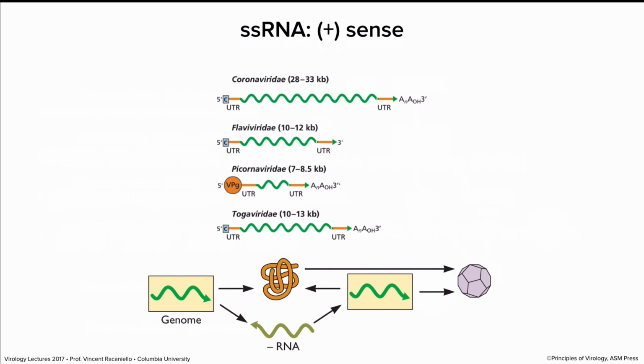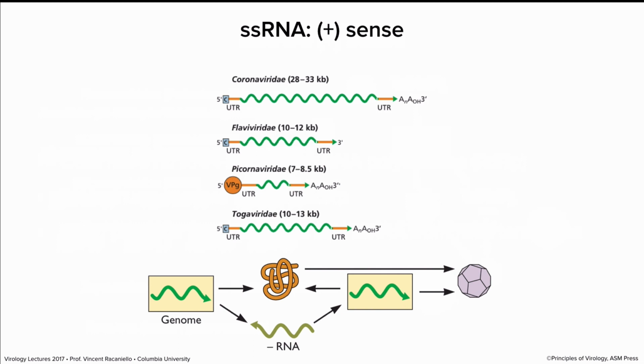The proteins can then lead to genome replication and the assembly of virus particles. When I mean genome replication, I mean producing more plus-stranded RNAs. To do that, you have to go through a negative strand copy. You make a copy of the plus, that's a minus strand. The minus strand exists only as a template to make more plus strands.